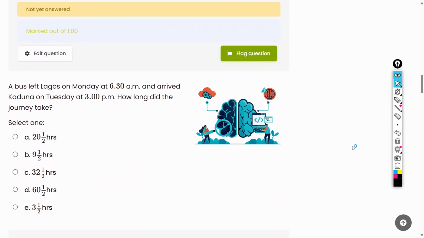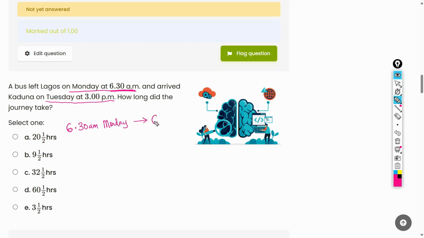A bus left Lagos on Monday at 6:30 a.m. and arrived Kaduna on Tuesday at 3 p.m. How long did the journey take? For questions like this, the exact same time on Monday up until the exact same time on Tuesday would have made 24 hours. What it means is that 6:30 a.m. Monday